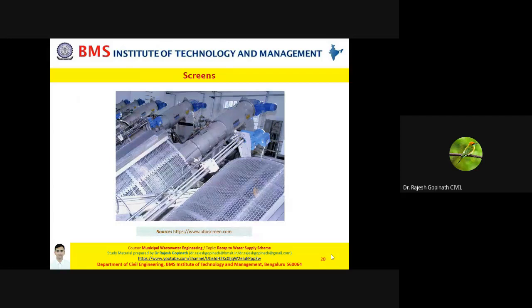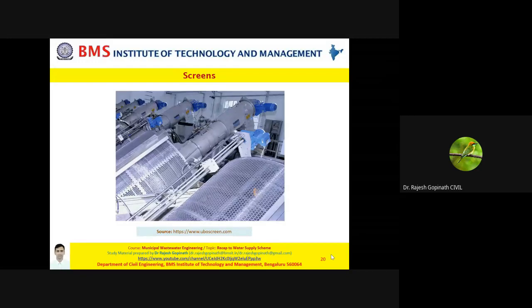Now, once that your water has been removed from the lake or a river or a reservoir through the intake structures to the treatment plant, what is it that they do first? First is the preliminary treatment. In the preliminary treatment, they have screens. Now, it can be fine screen, coarse screen, bar racks. It depends.